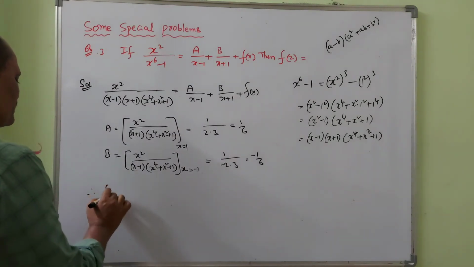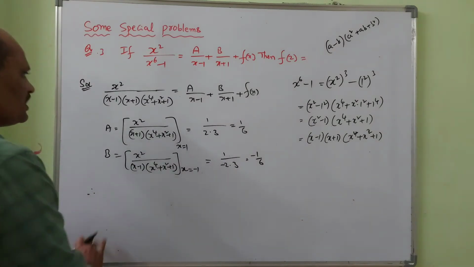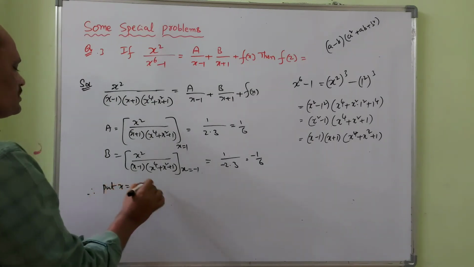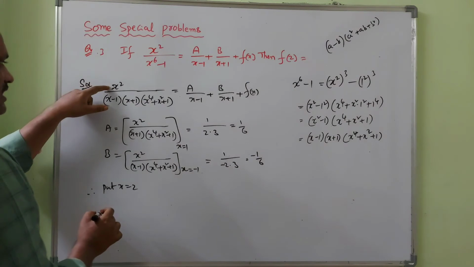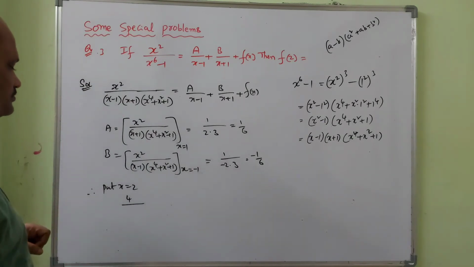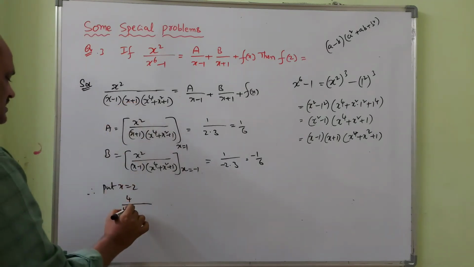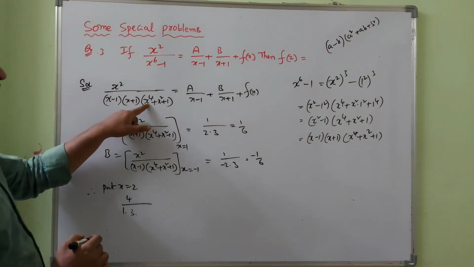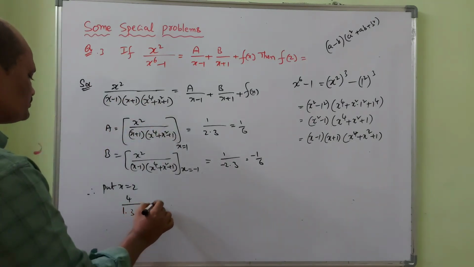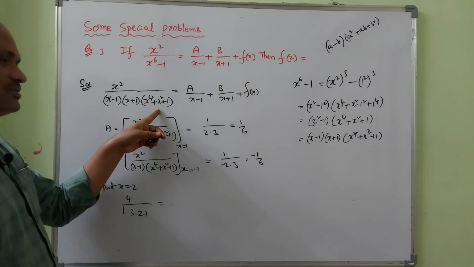Now what is left? We have to find f of 2. How to find f of 2? Put x equal to 2 on both sides. X square is 4. Put 2 here. 2 square is 4. 2 minus 1 is 1. 2 plus 1 is 3. Put 2 here. 2 power 4, 16 plus 4, 20, 21 you will get is equal to